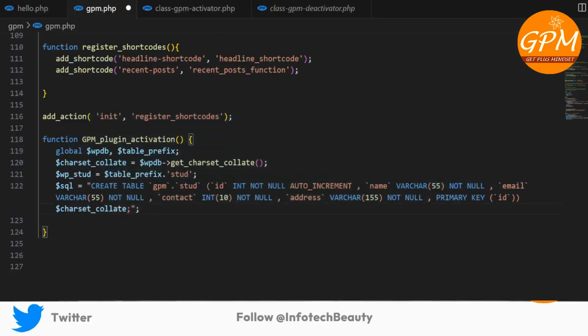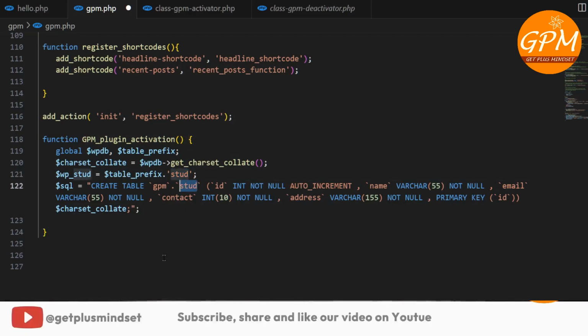Anyway, in the next two lines we see this upgrade.php file is called with the require_once function. Here we are changing the database table name using some dynamic